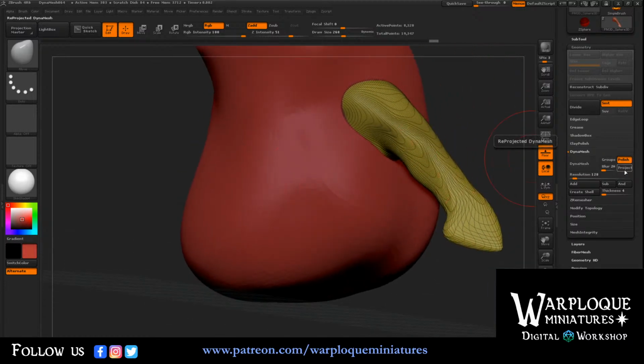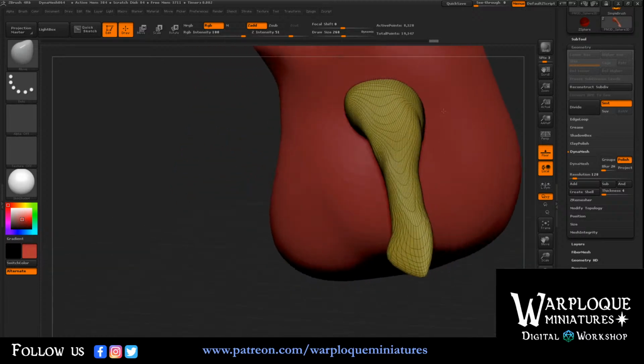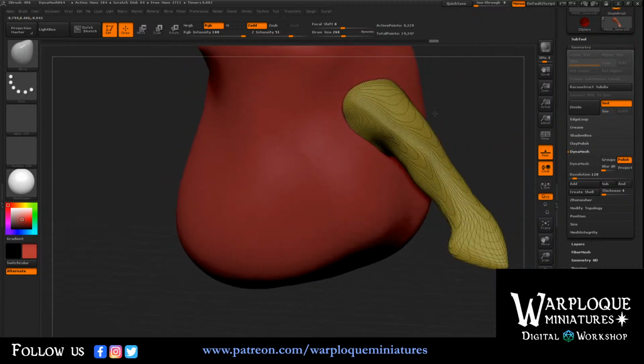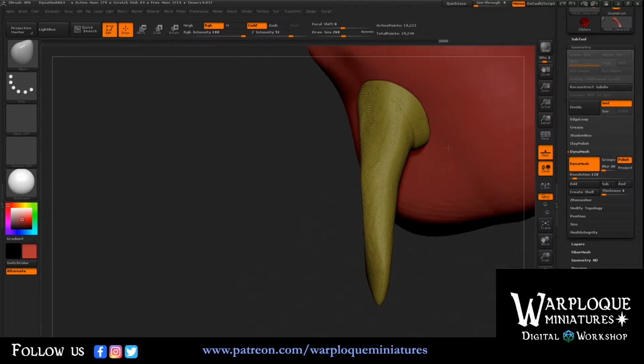So you might be able to see it on here. Polish also allows you to tighten things up a bit, and then you can set the resolution of how many polygons you want. If you want it super detailed, then you crank that number up, but it does start to affect your computer's processing speed. So only really crank that up if you're in the final stages of the sculpt, because if you start working at ridiculous resolutions from the start, unless you've got a beast of a machine, chances are it's going to be quite laggy and difficult. So I'll just have quite a low resolution here, click Dynamesh, and as you can see,